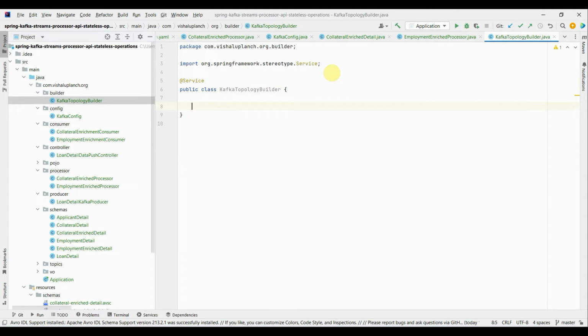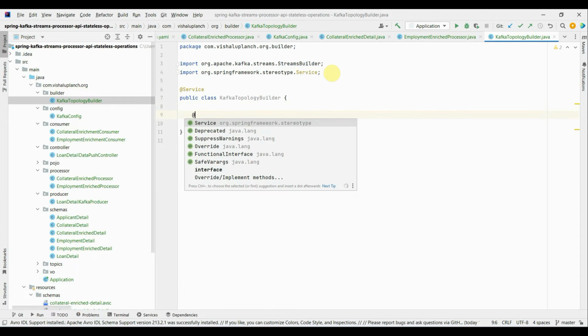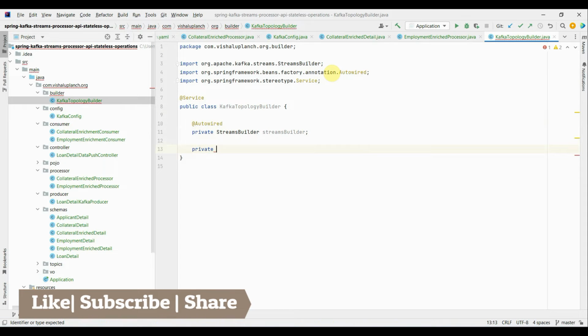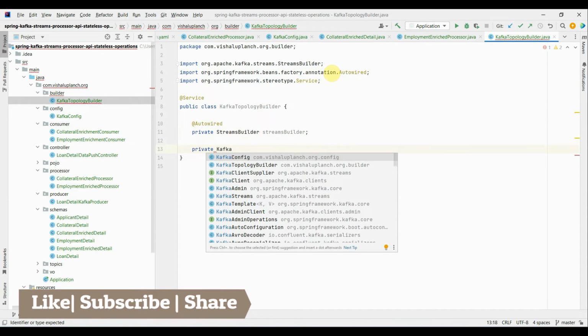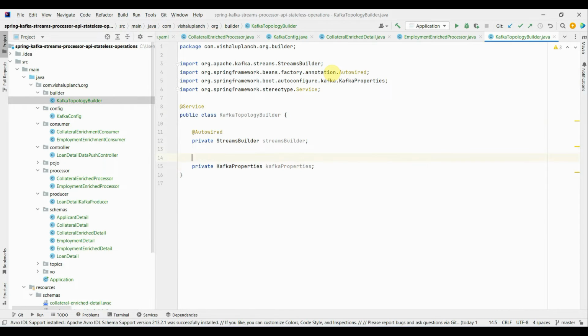So private stream builder, right? Stream builder, this is my object, and I will auto-wire it. Then I would require Kafka properties in order to read the stream related Kafka properties. So Kafka properties, again I will auto-wire it. Then I need source and sink topics. So private topic,